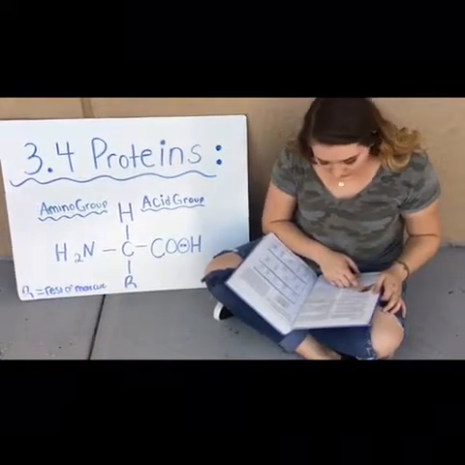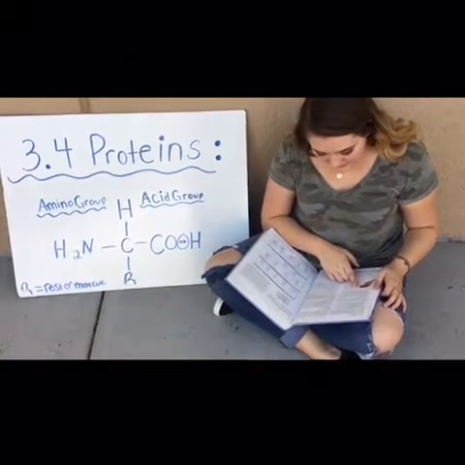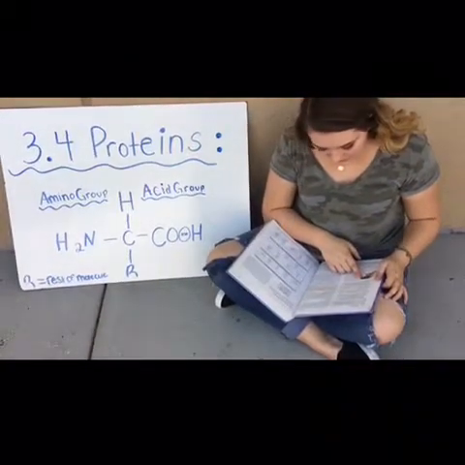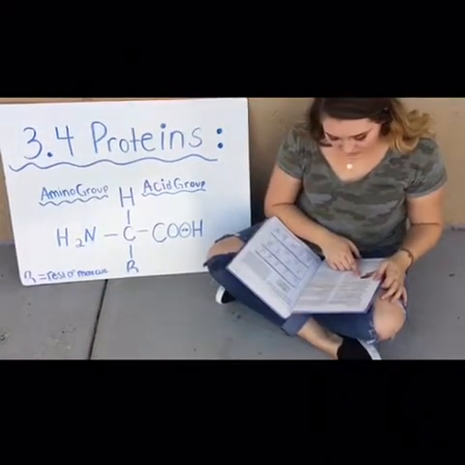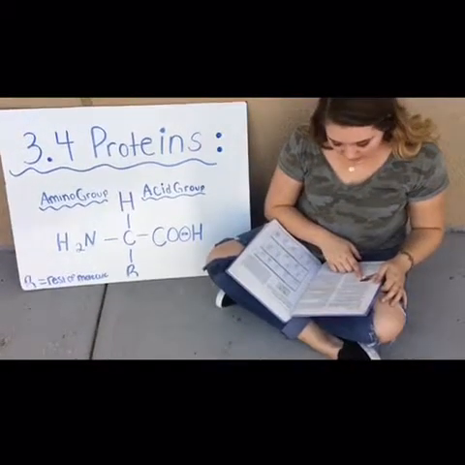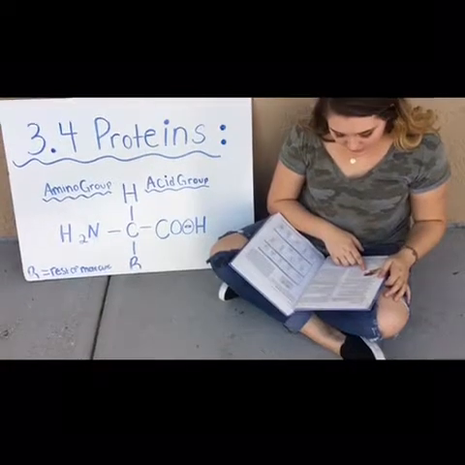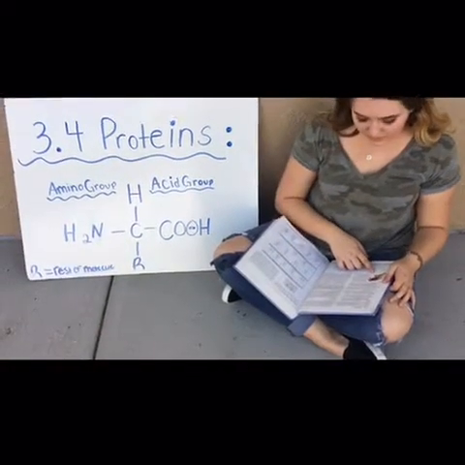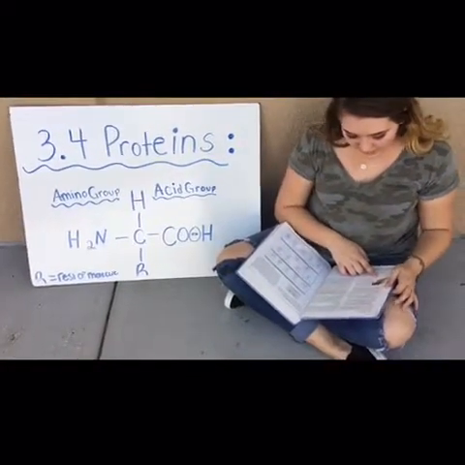Motion. The contractile proteins, actin and myosin, allow parts of the cell to move and cause muscles to contract. Muscle contraction accounts for the movement of animals from place to place. All cells contain proteins that allow cell components to move from place to place. Without such proteins, cells would not be able to function.